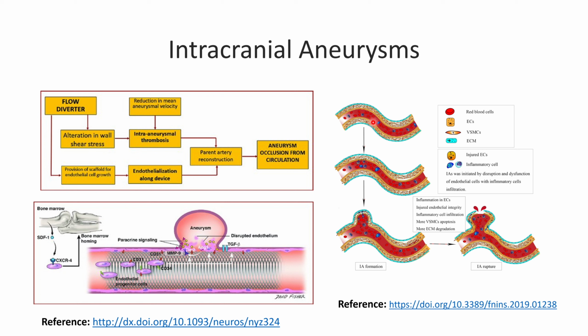So this is the blood vessel. The red blood cells are flowing inside the blood vessel along with inflammatory cells. What happens is that a disruption occurs in the endothelial cells because of infiltration of the inflammatory cells,